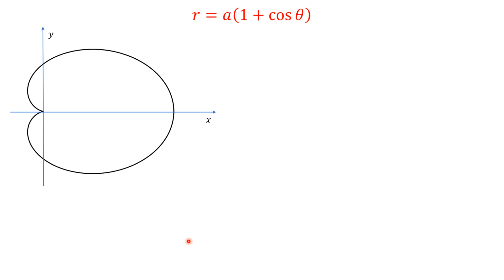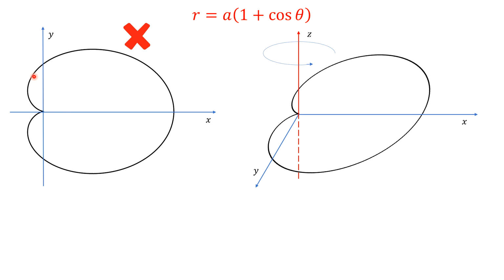Okay, so here, this is our cardioid, but this is not the correct figure for finding the moment of inertia, because we have to find the moment of inertia about the z axis. So this is the correct figure, and we have to rotate this cardioid about the z axis. Let us take one arbitrary point on the cardioid. Now we have to find its distance from the axis of rotation, that is the z axis. Because this cardioid lies on the xy plane, the distance of this point from the z axis will be the same as the distance of this point from the pole, that is the origin.